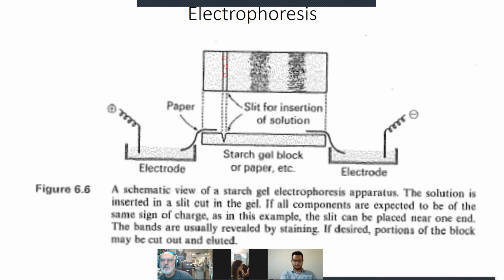It might be a flat piece of something, and then it would have these little indentations in it, and it would allow you to create that when you first pour the gel. So it would lay across the top and create these indentations as the agarose sets up,